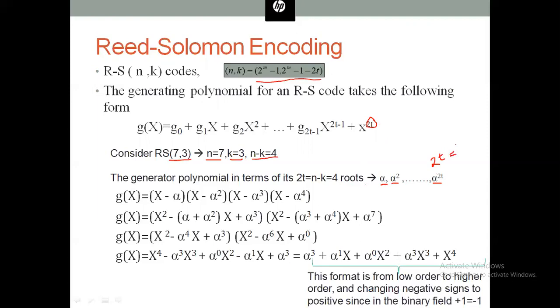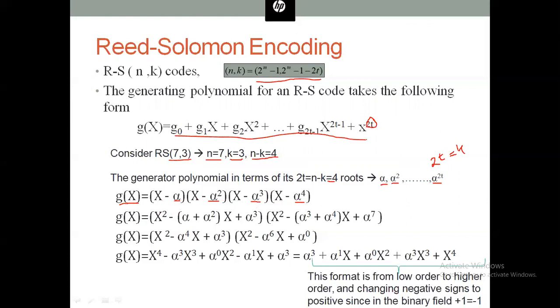2t is equal to 4. It means that we have 4 roots: one is alpha, one is alpha square, one is alpha cube, and the other is alpha 4. When we have the generator polynomial with 4 roots, it means that x minus alpha multiplied by x minus alpha 2 multiplied by x minus alpha 3 multiplied by x minus alpha 4 will give the value of this generator